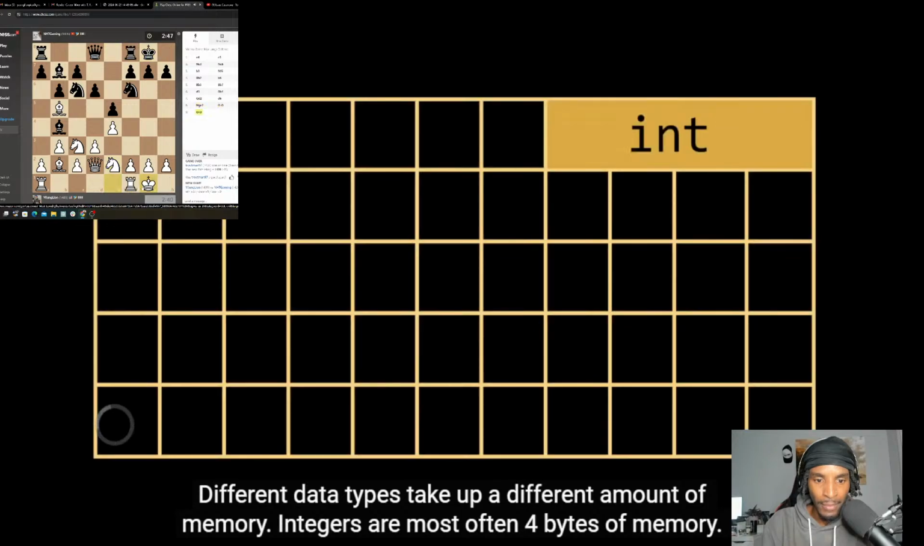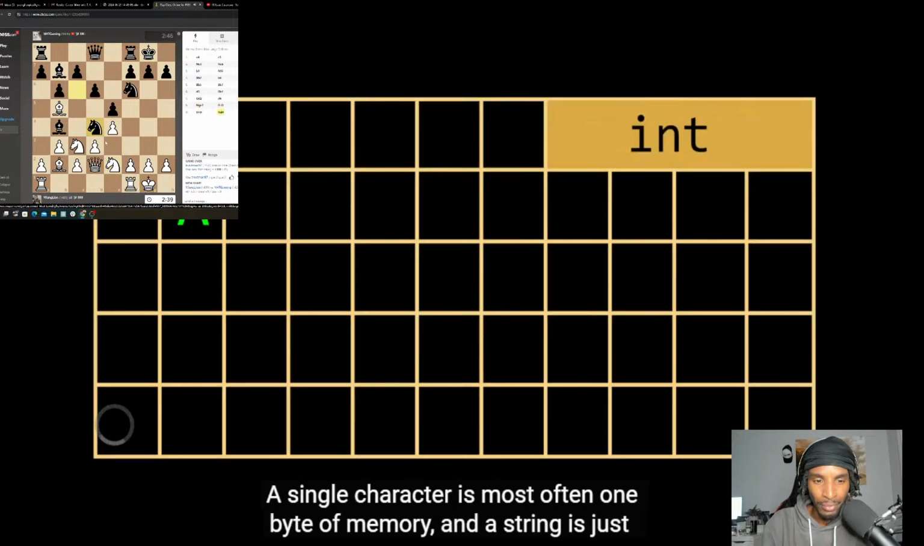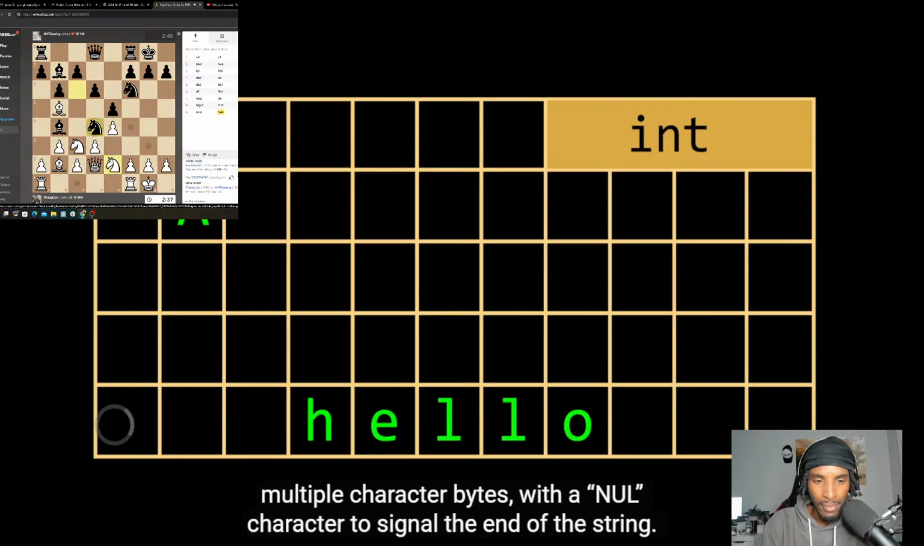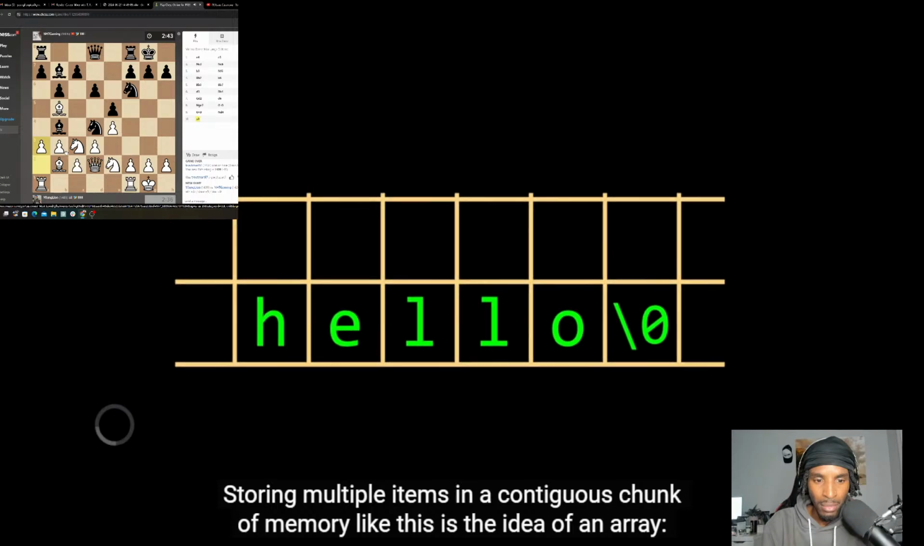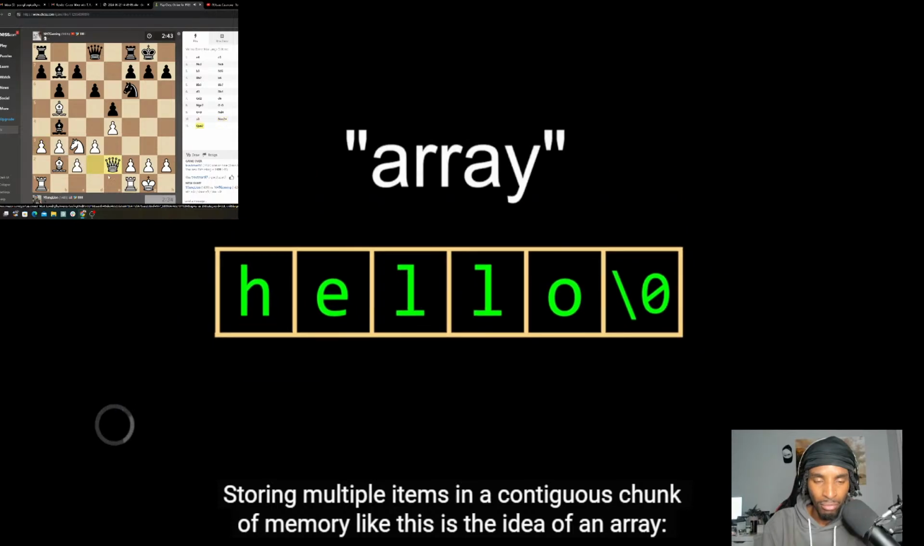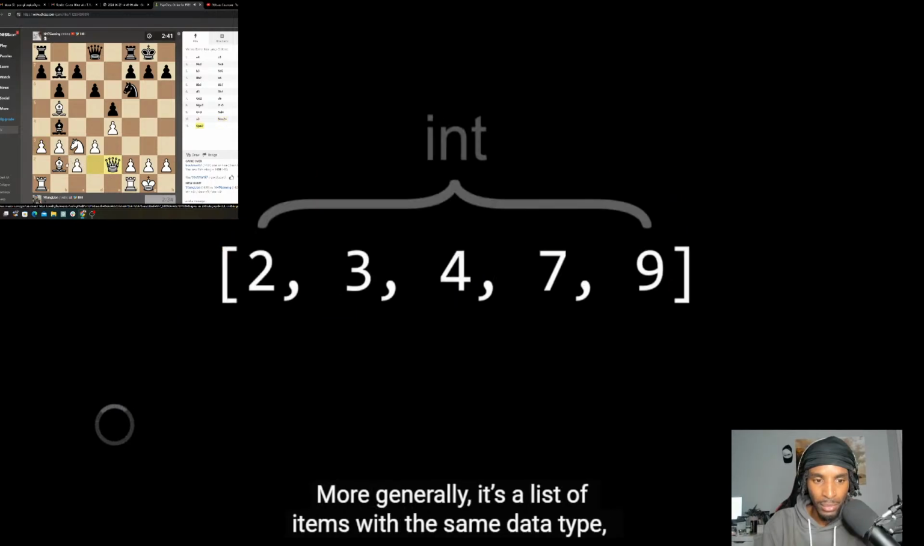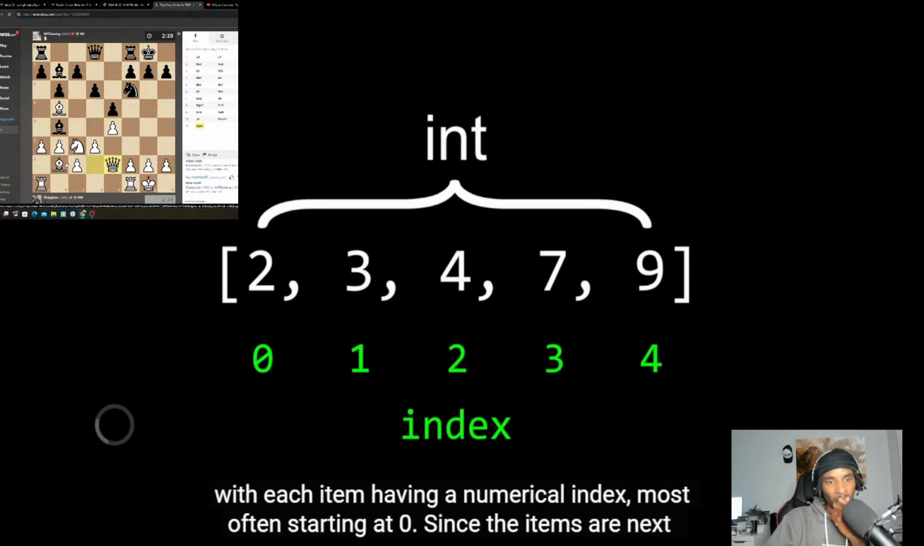Integers are most often 4 bytes of memory, a single character is most often 1 byte of memory, and a string is just multiple character bytes with a null character to signal the end of the string. Storing multiple items in a contiguous chunk of memory like this is the idea of an array. More generally, it's a list of items with the same data type, with each item having a numerical index, most